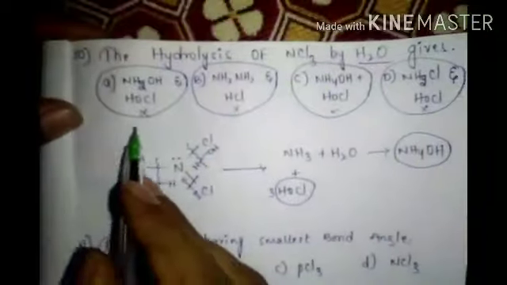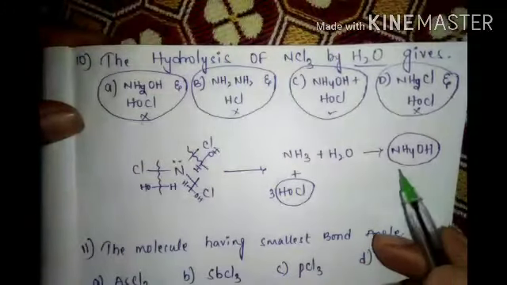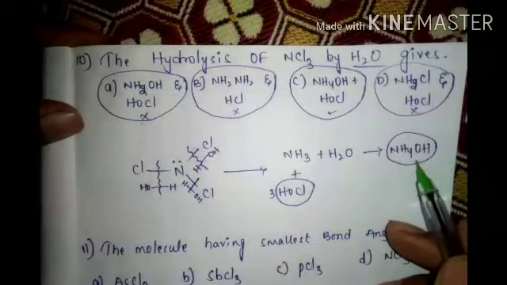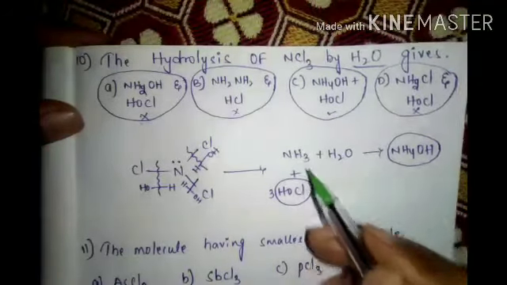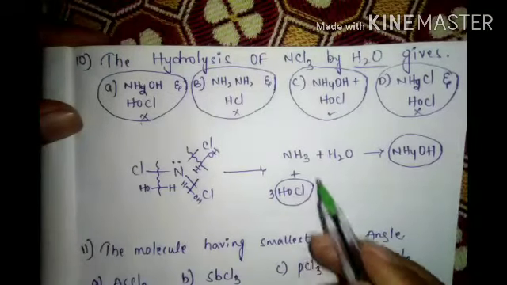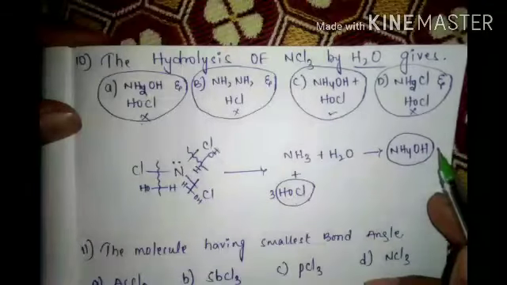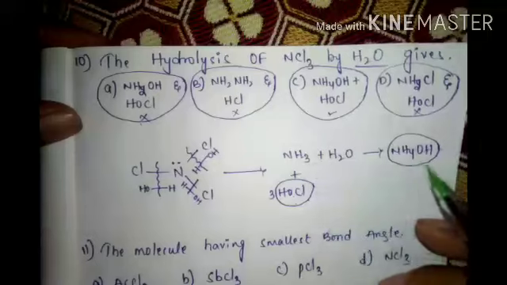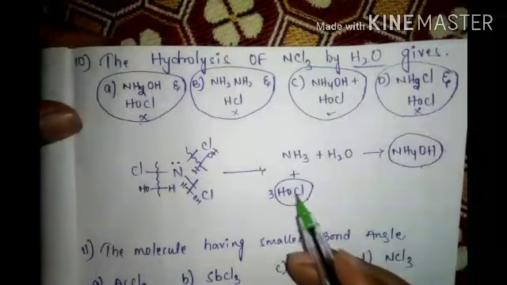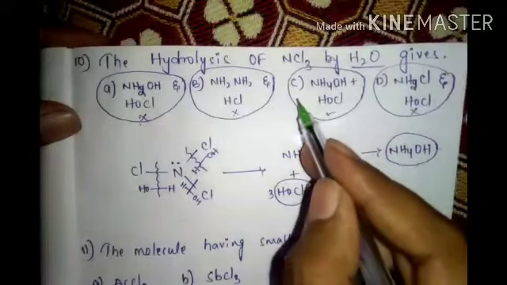Okay. See what is going on here. NH2OH, no, because NH4OH is the answer. Ammonia, water and HOCl. Ammonia and HOCl is also a correct answer, but ammonia is not given in the options. That's why I am reacting it with water again, because water is there in that reaction. So NH4OH, 3 moles of HOCl. Where is it? Here. Option C is correct.